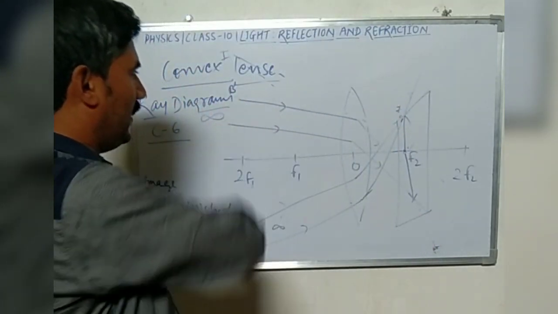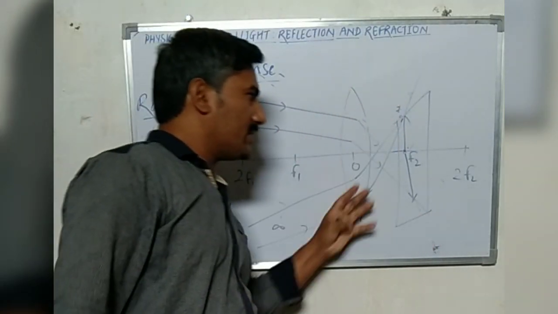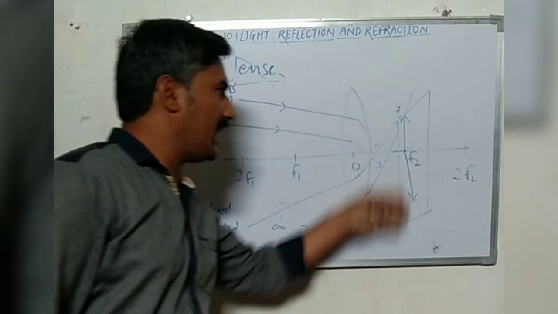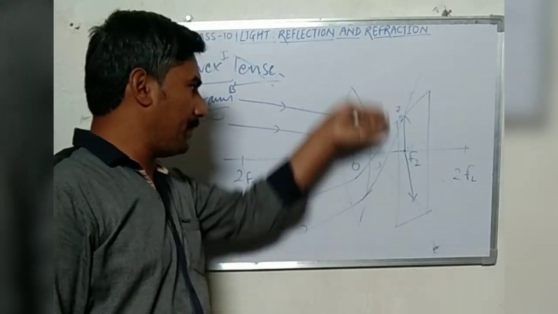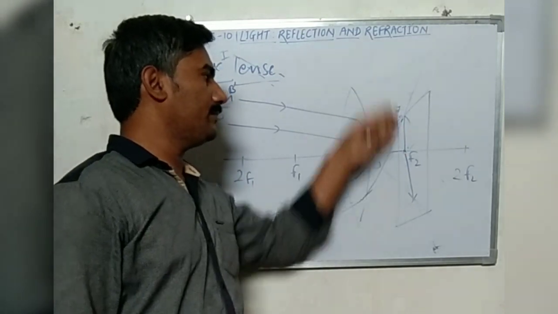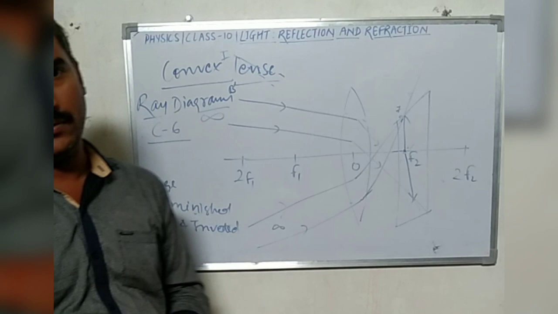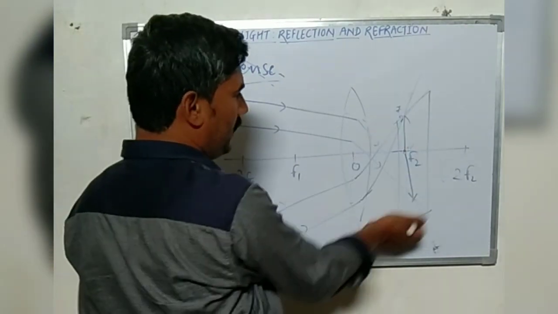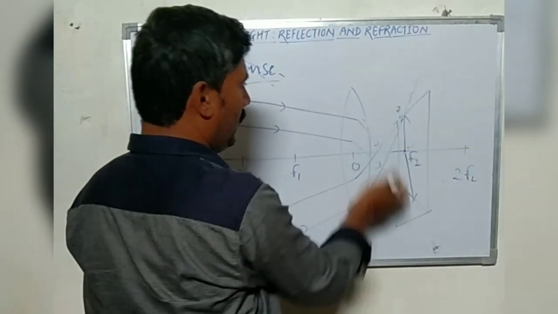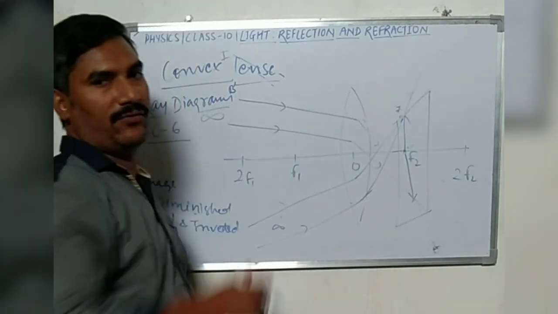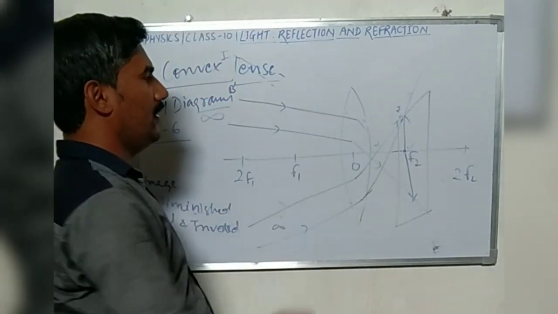If rays are parallel and strike this converging lens, definitely the image will be formed at a plane which has the principal focus. The plane of this principal focus F2 will have all certain kinds of images which are formed by parallel rays striking